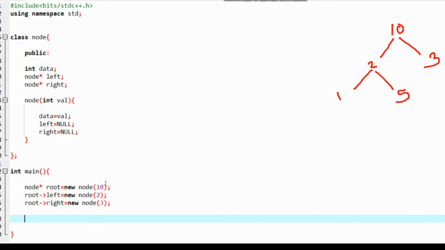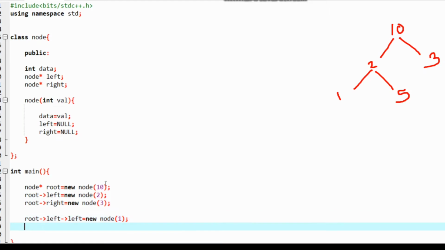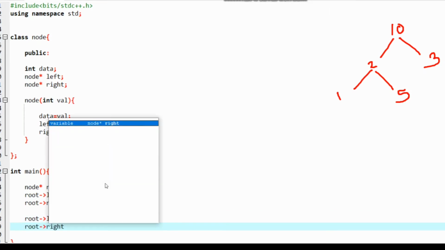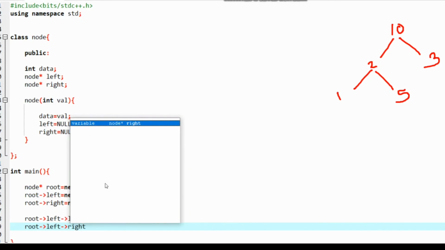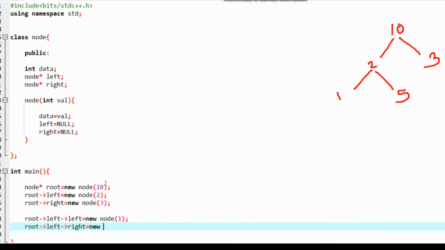Now root left of left is a node having value 1. Root right, sorry, root left of right is having value 5.